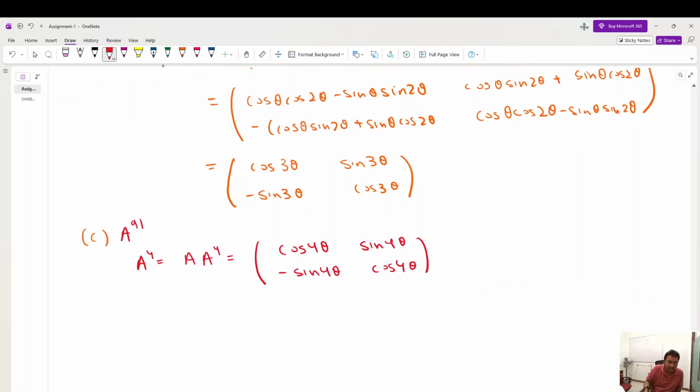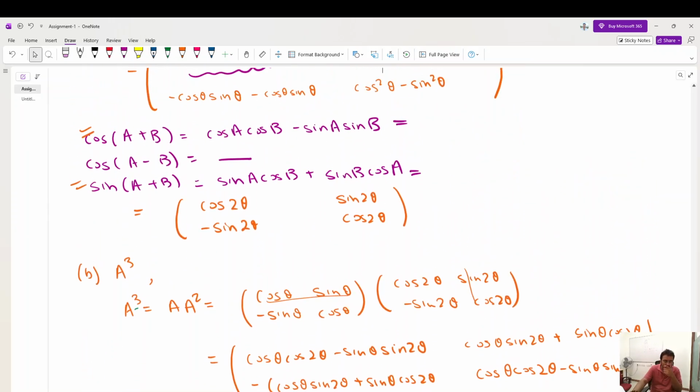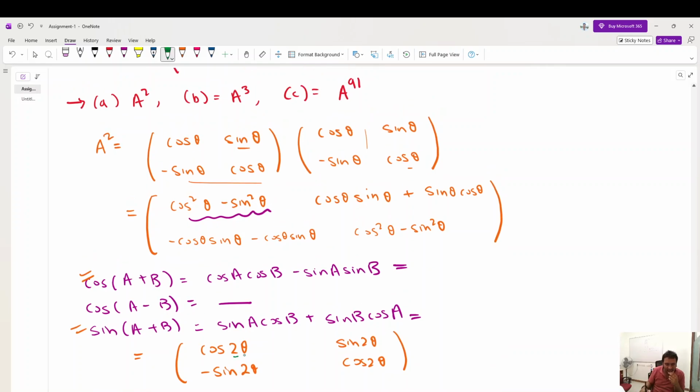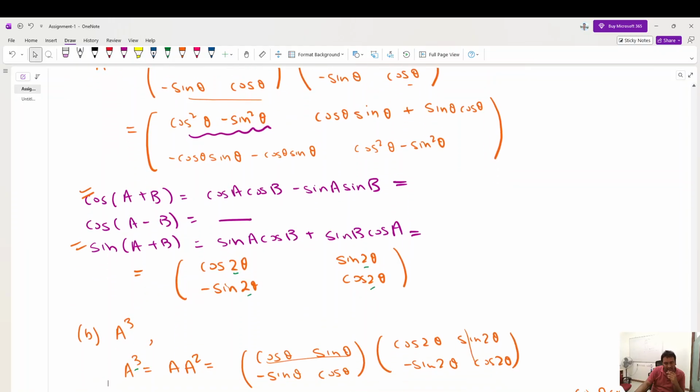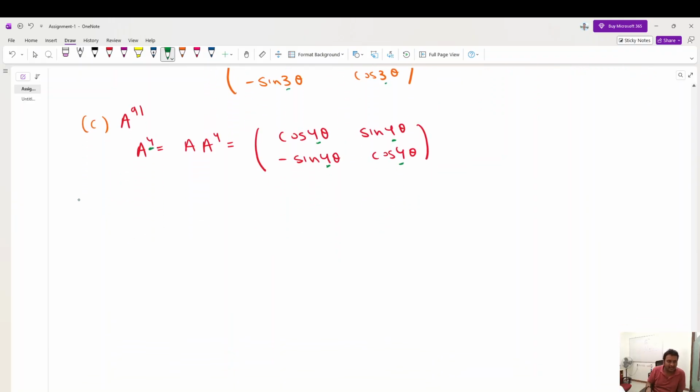have you noticed something? See, when you are doing power 4, you're getting 4 times theta, right? And cos, sine, minus sine, cos here. When you're doing power 3, you're getting 3, right? So, like this, right? Similarly, power 2, see? 2, 2, 2. So, what should be your guess? Natural guess. So, your guess is